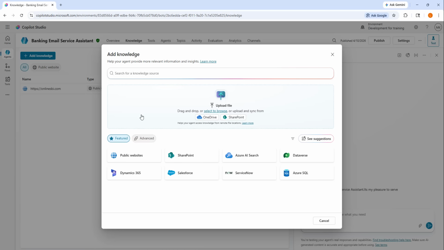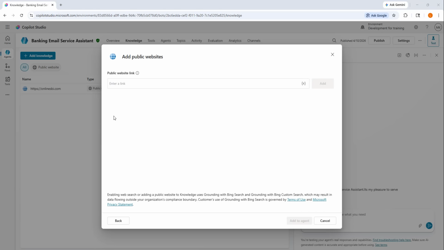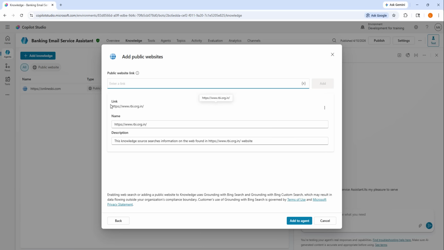Now to make you understand, I'm going to click on add knowledge, and there you can see different types of knowledge sources are available, such as public website, SharePoint, Dataverse, Azure OpenAI services, and many more. To add a public website, I'm going to click on public websites. I'm going to add a public URL for the banking email service assistant. I'm going to add the RBI over here, such as https://www.rbi.org.in. Let me click on add, and there you can see we'll find the link and the name over here,